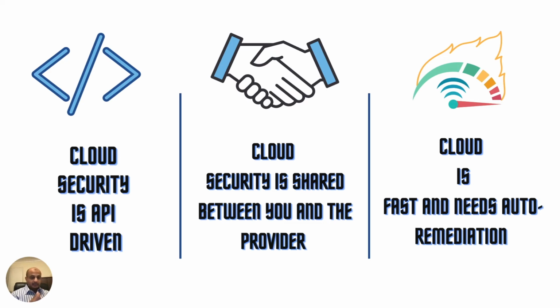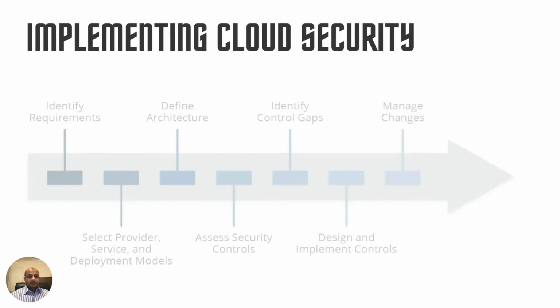With just a few button clicks, you can provision, I don't know, 100 servers. With a button click, you can potentially expose an S3 bucket, which is like a cloud folder, over the internet. With just a button click, you can open up the SSH port over the internet for your server. All these things you have to keep in mind, and for that you need auto remediation. You don't think about it like your normal process, where an alert will come and somebody from your SOC team will send an email, then the team will investigate. No, you need to have automated incident response happening, and we'll see that in more detail. But these are the things: the speed of the cloud, how the responsibility is shared, and how it's API driven.